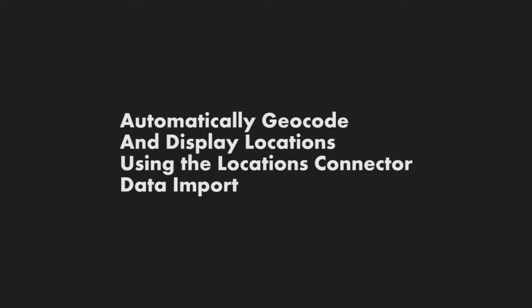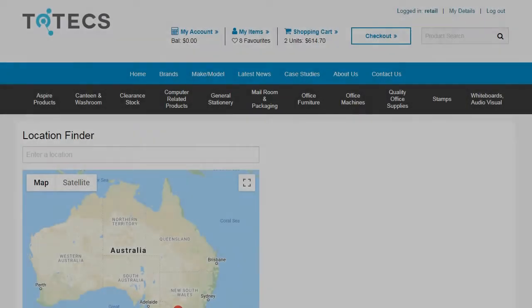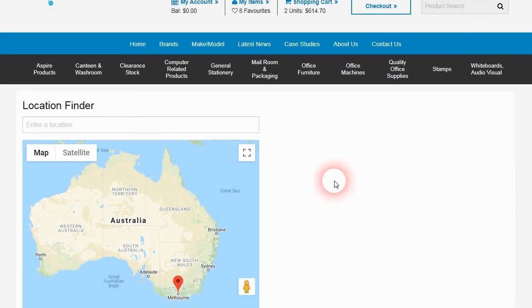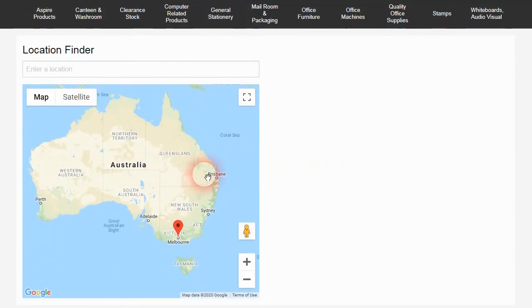through a website. Within the TOTECS 14.3 release, we've added an improvement to the way that the locations connected data import runs to be able to set up the latitude and longitude coordinates for each location that's imported into the platform. And these are required if we want to be able to display locations on a map, such as in a location finder or a dealer finder, any kind of geographical finder using the Google Maps that we want to place on a website, to make sure that these locations appear on the map when they're being imported into our